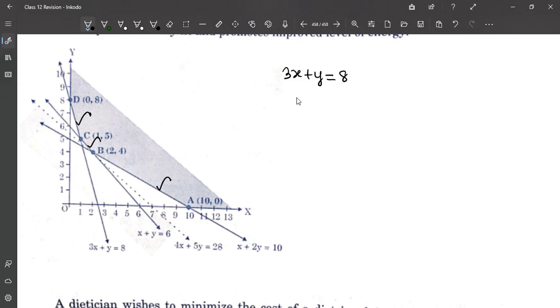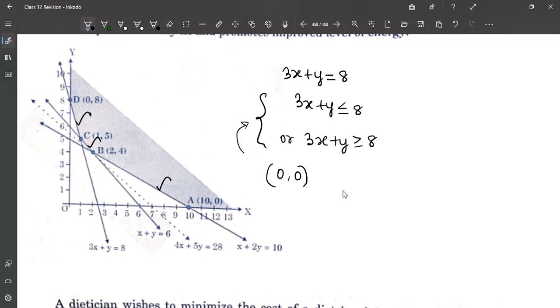You would be wondering whether it is 3x plus y is less than equal to 8, or greater than equal to 8, because it is a constraint and it should be in the form of a linear inequality. So you'll have to take the origin test. Which of these satisfies the origin test? Can we substitute 0 comma 0 in this? So it becomes 3 times 0 plus 0, which is less than equal to 8. So this origin satisfies the inequality 3x plus y is less than equal to 8,